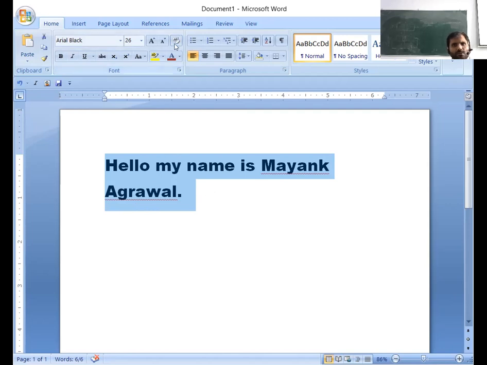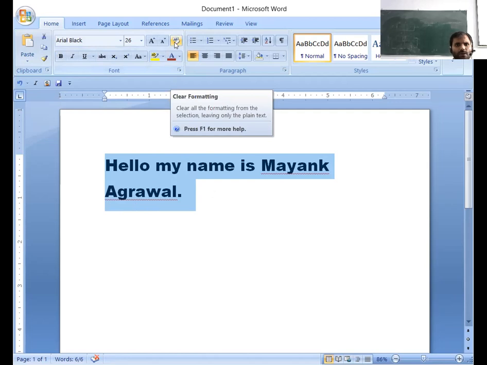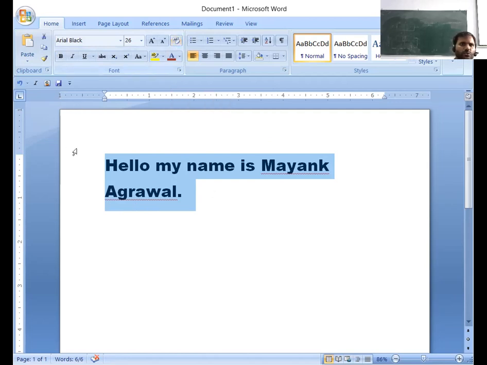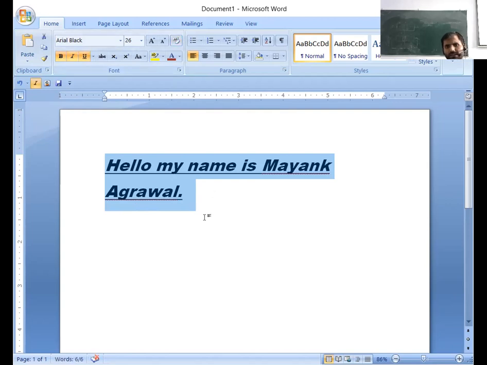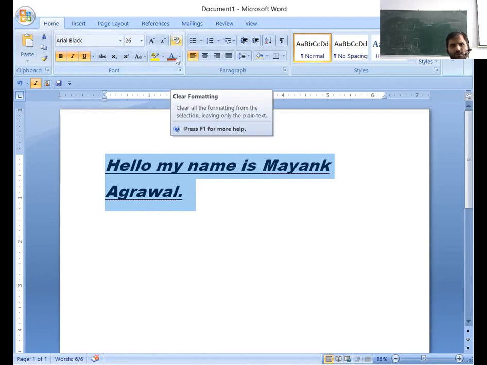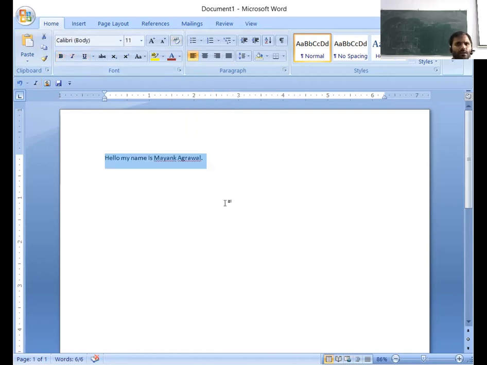Then I have to go to the format remover and choose clear formatting. As you can see, after clicking on clear formatting, my text has changed to the normal form.